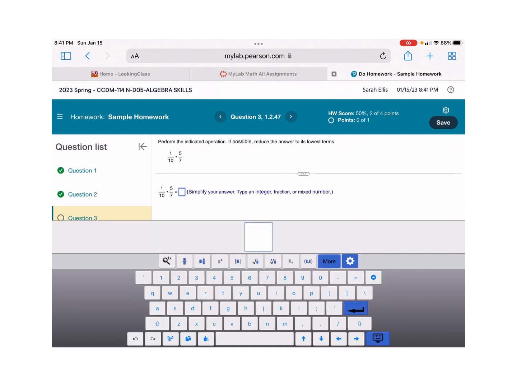Let's do a couple more problems, and I'm gonna go ahead and type in my answers. When you click on the answer box, you should see something similar to this. Because I am doing this on an iPad, that is why you see the keyboard below. If you are on a desktop, then you probably won't see this keyboard, but you will see that top bar